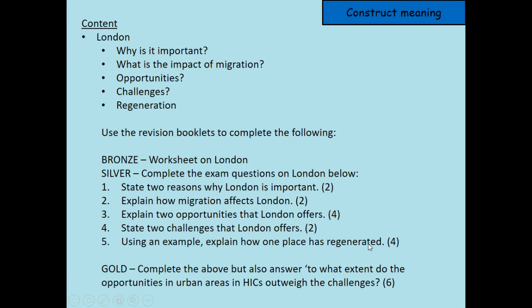So I want you to take Stratford, which was originally quite a rough area of London, quite deprived. They decided to build the Olympics there. They spent loads of money doing it up, and now that area has benefited from it quite a lot. So have a go at doing silver. Pause the screen, write out your answers, and then join me in a second.